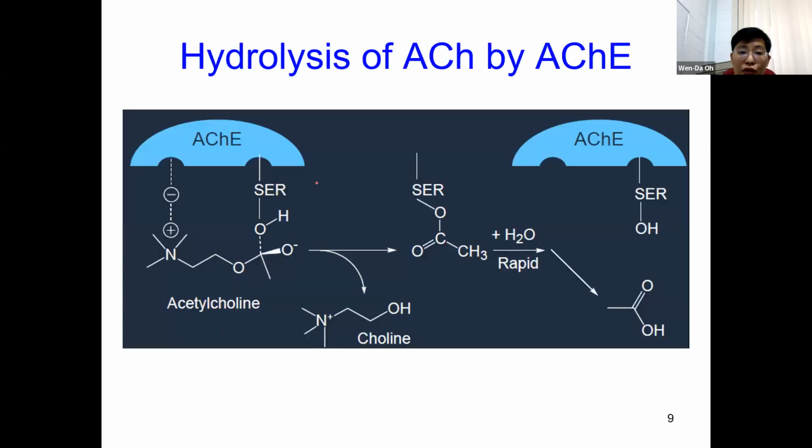So just to show you how it works. So this is the enzyme, acetylcholinesterase. And then this enzyme has two different binding sites, right? And you have acetylcholine binding to the enzyme. And then after that, you have hydrolysis reaction happening. So if you have certain chemicals that can inhibit this activity, okay, the activity of the enzyme, what you'll see